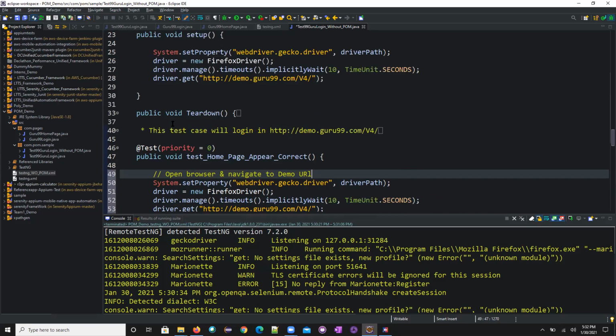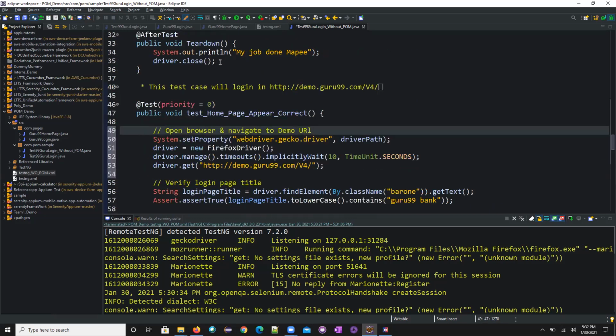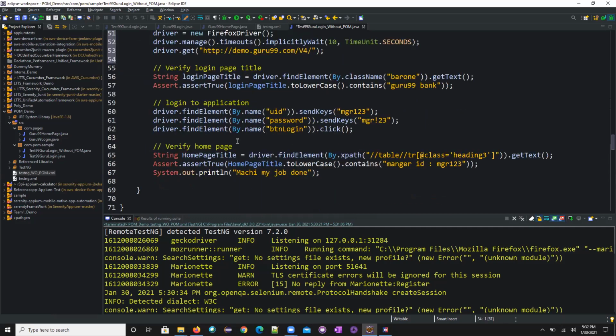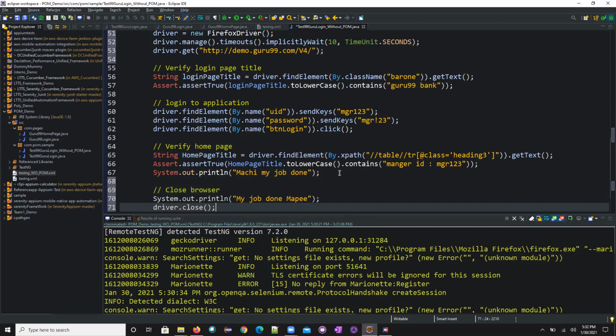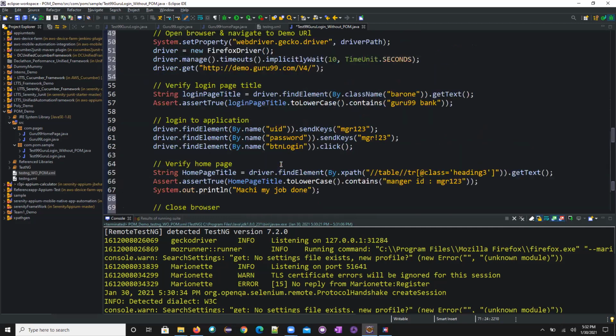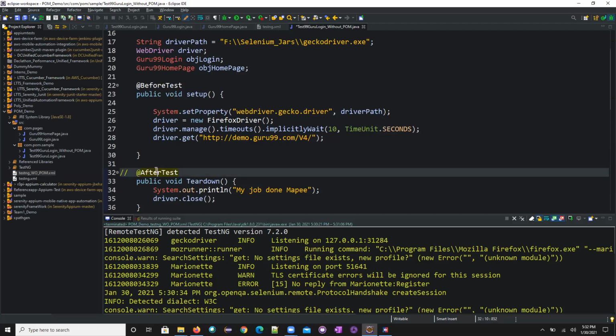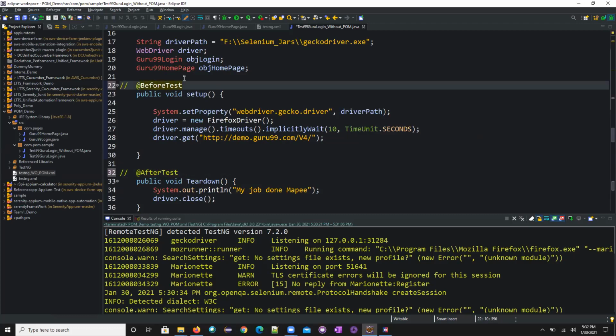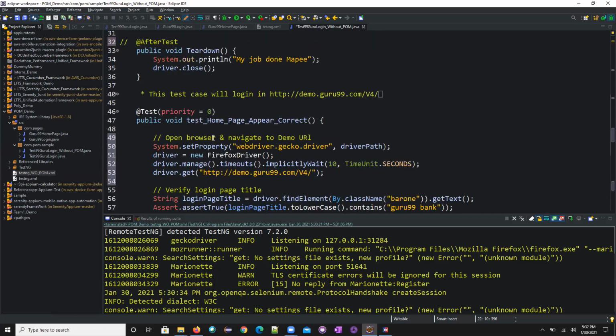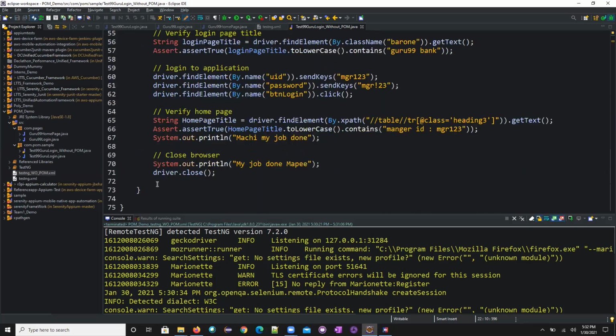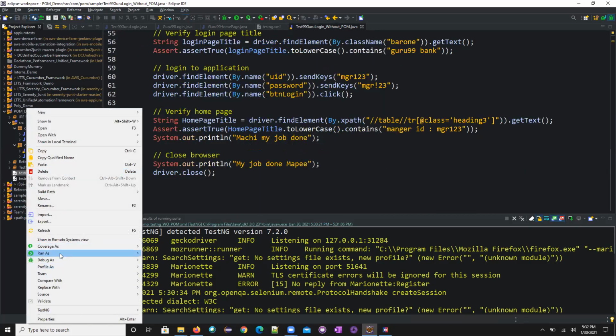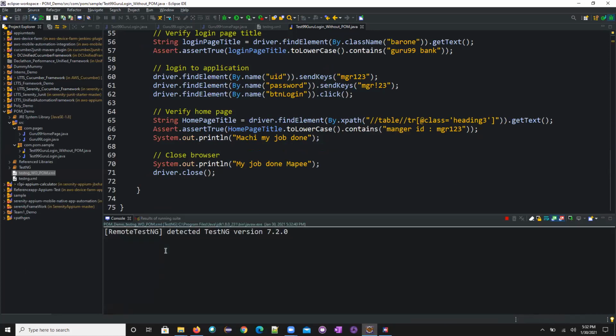Now, even after the method, what I kept was closing, right? So I'll take this one also, and here I'll keep that close browser. Now I'll comment this, so it will not execute for me now. You got it right. I commented the annotation, so that's the reason it will not execute. Now I have only one test case which I want to execute. So once again, if I trigger this one, it starts doing the execution.